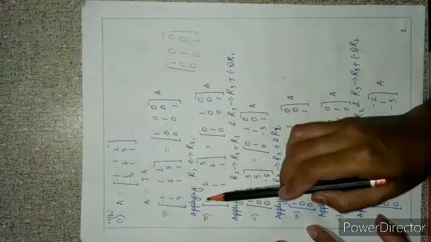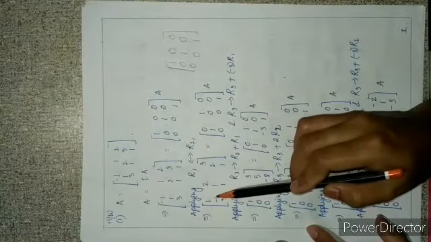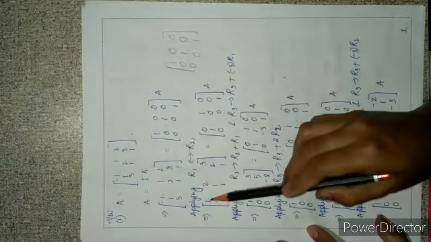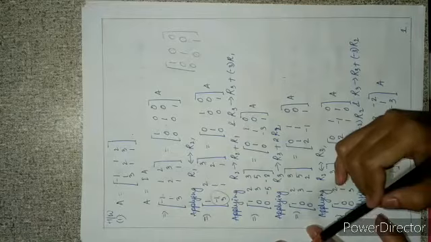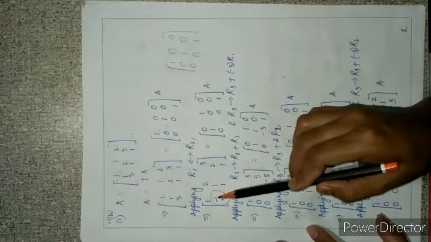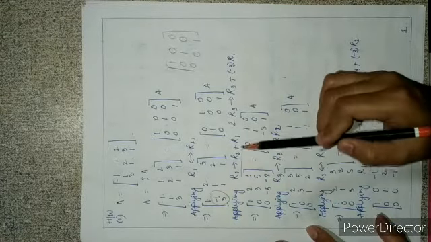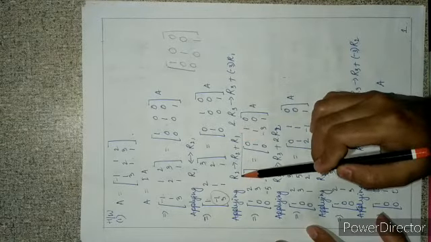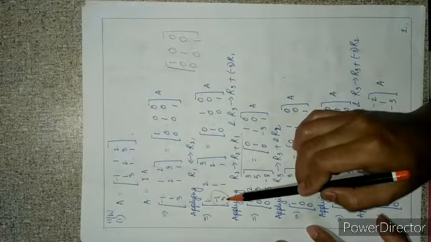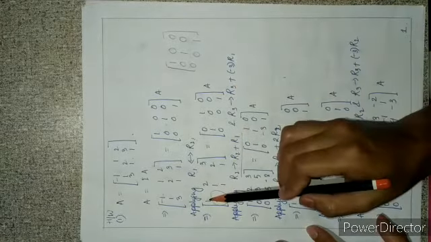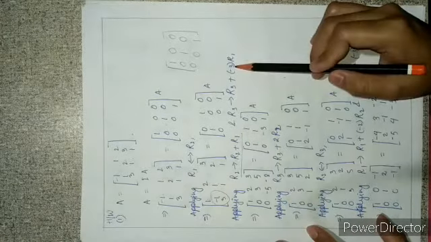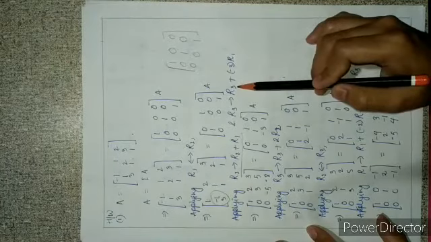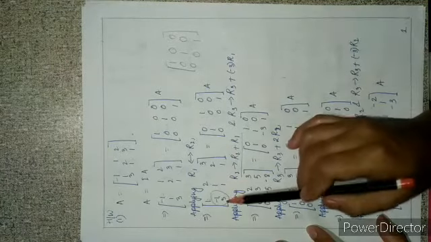Next, to make the corresponding elements -1 and 3 into 0, since 1 plus -1 is equal to 0, the operator will be second row plus first row. For the third row, all the elements of the first row should be multiplied by -3 and added to the corresponding elements of third row, we get element A31